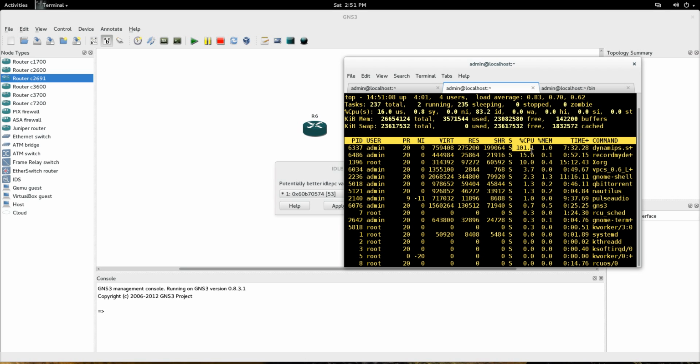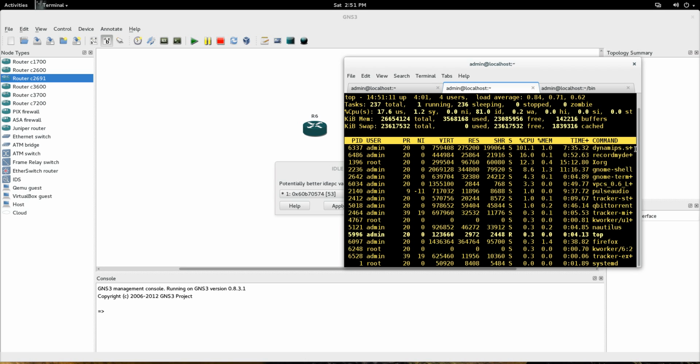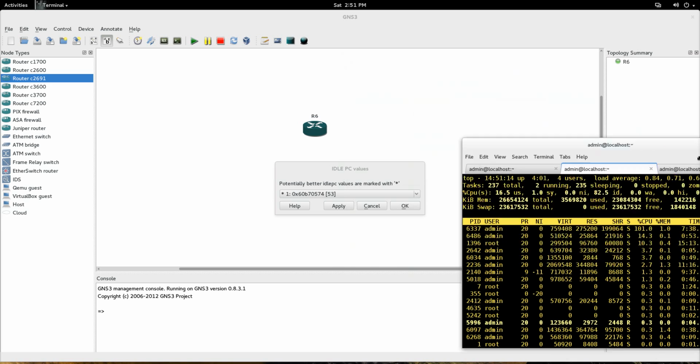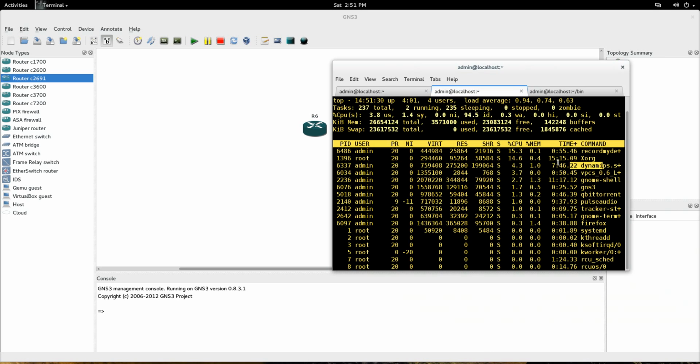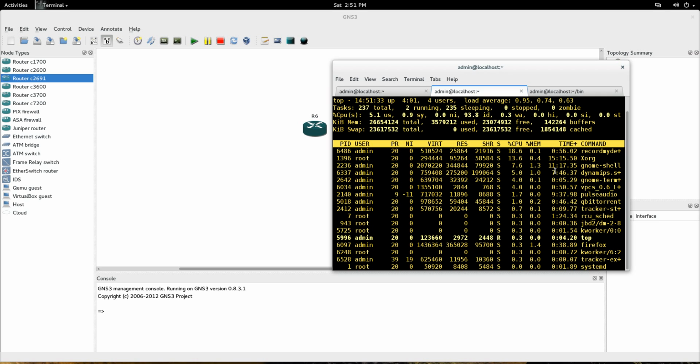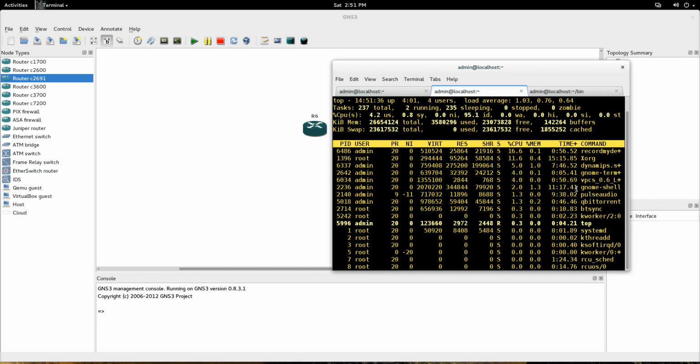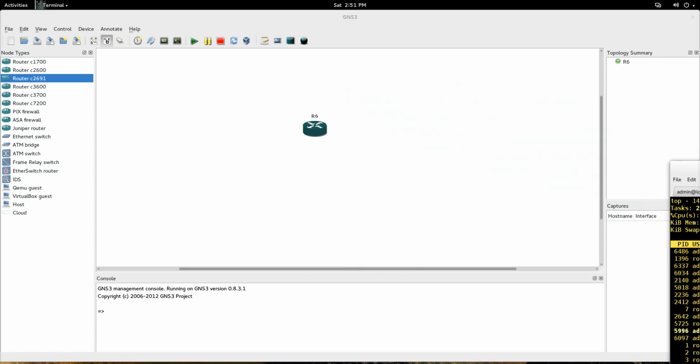Dynamips, like I said, I'm on Linux here. So Dynamips is at 100% utilization, and that's because I don't have that idle PC value checked. So here, we're going to check it, OK, and apply it. And now let me just show you. OK, Dynamips, 5%, 4.3%, right? 5%. So you see how that idle PC value dropped it down to a normal